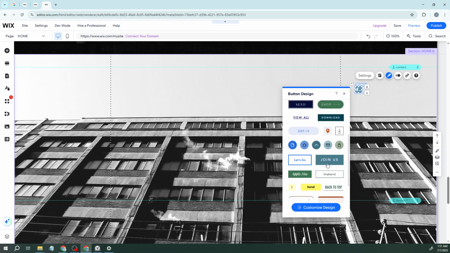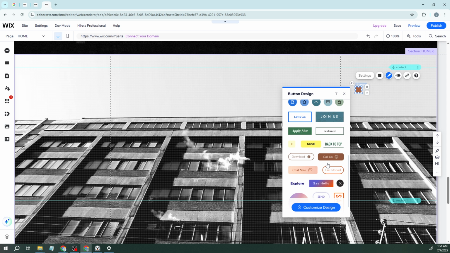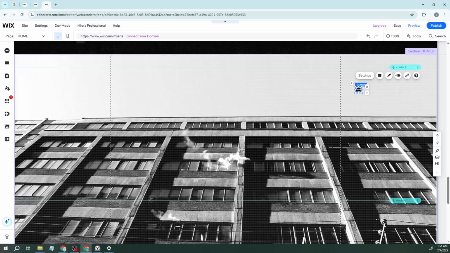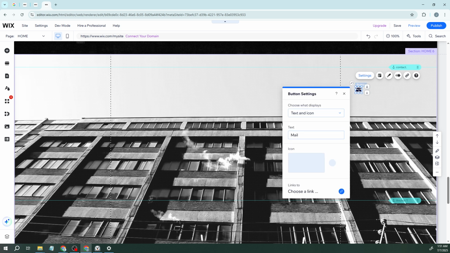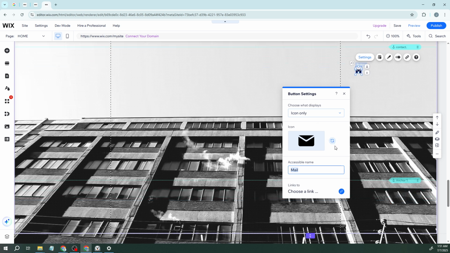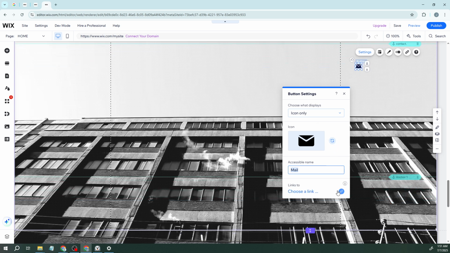Next, you'll want to ensure that your icon is functional. Click on the icon button again, and this time select Set Link. This will enable you to connect the icon to a page, a URL, an email, or any other destination of your choosing. It's a great way to enhance the navigation of your site or direct visitors to key information or